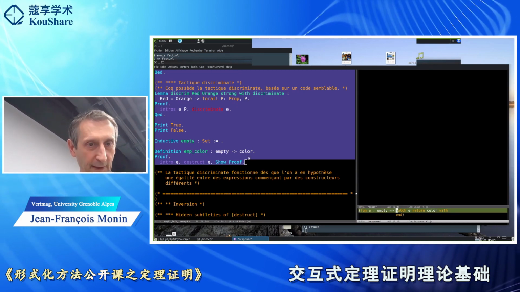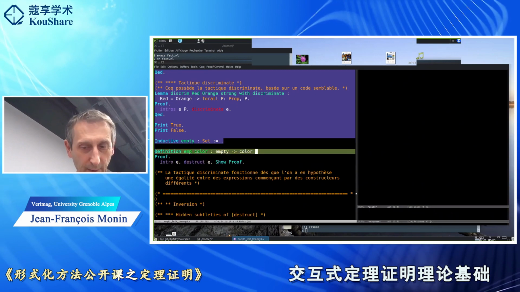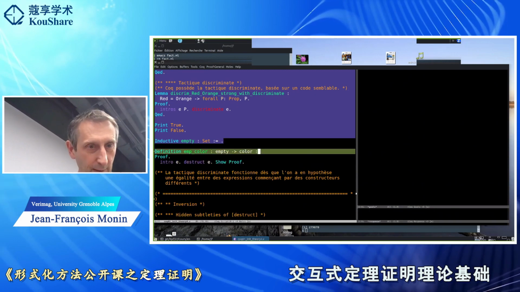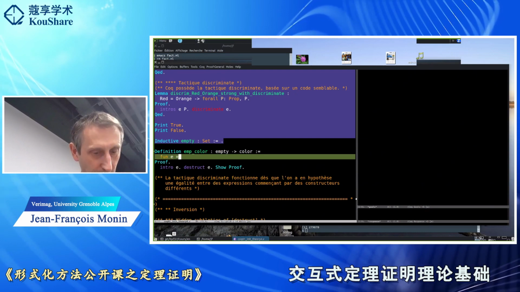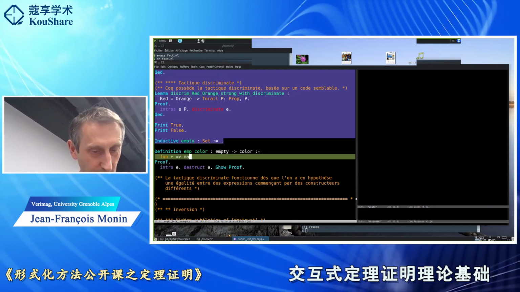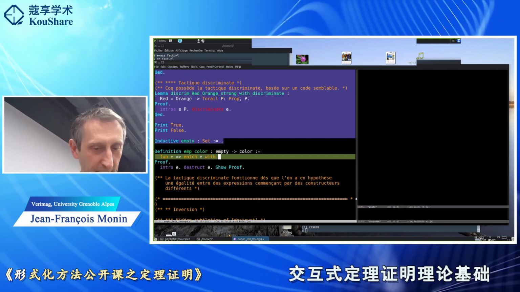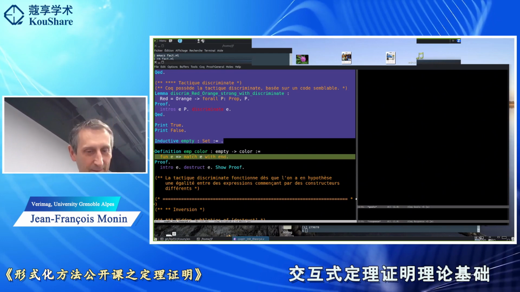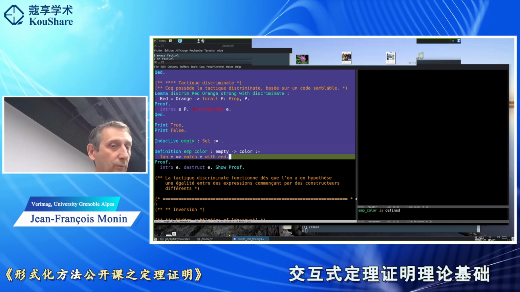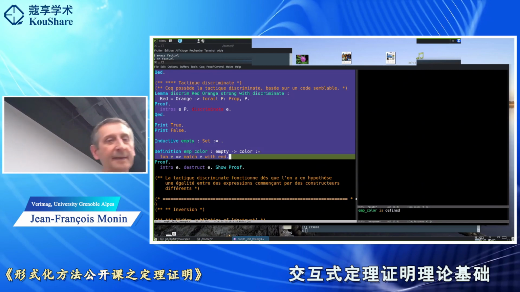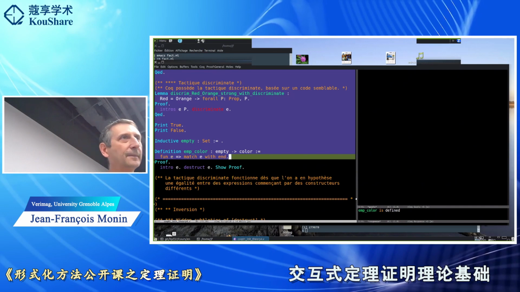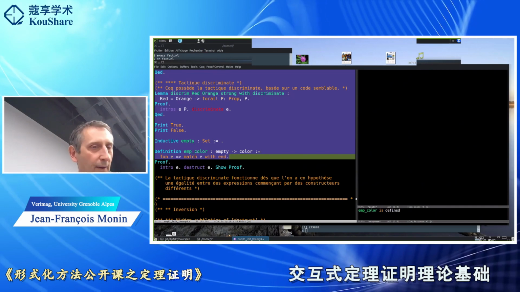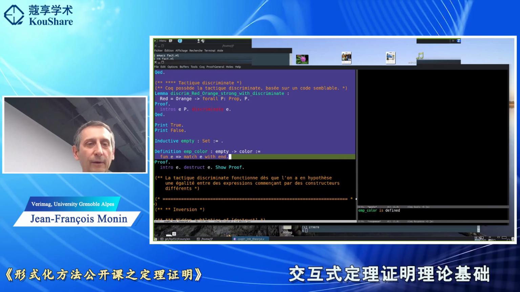The right thing to do here is directly to say fun E, match E with, finished. So you see that when you have an empty type, it's very interesting. You cannot make an inhabitant of it,